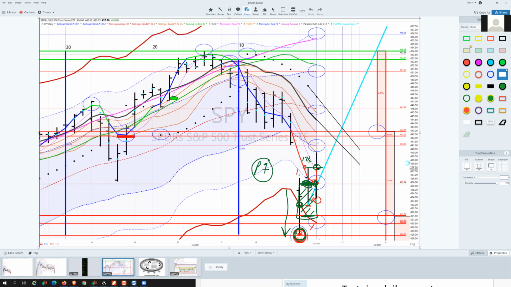And then today it got almost to Z minus 1, and the idea would be that you could just trail that stop. That's the P7 in the RLCO framework,